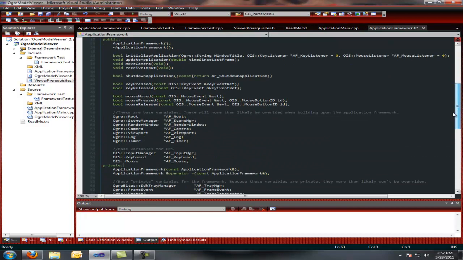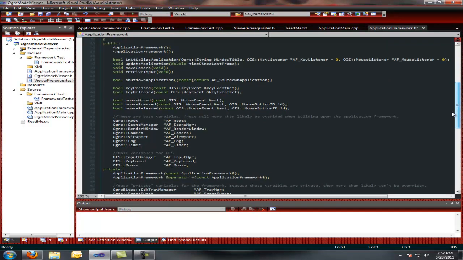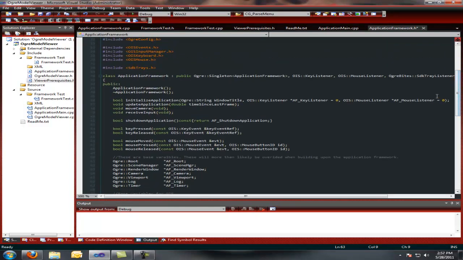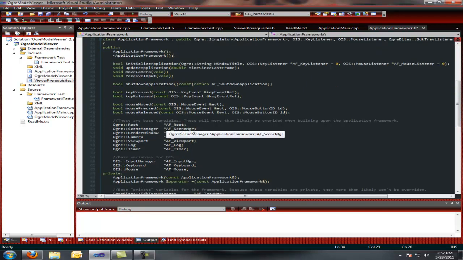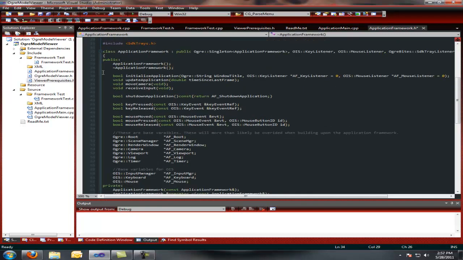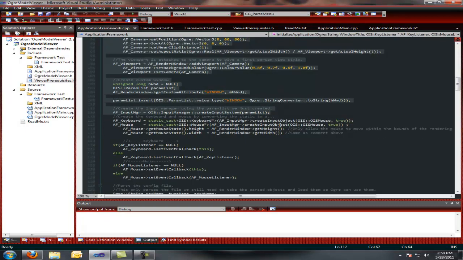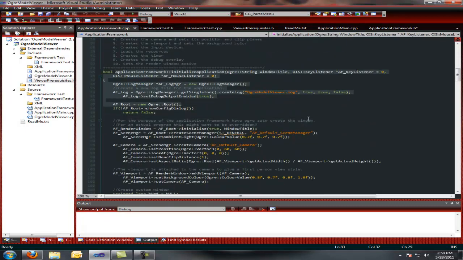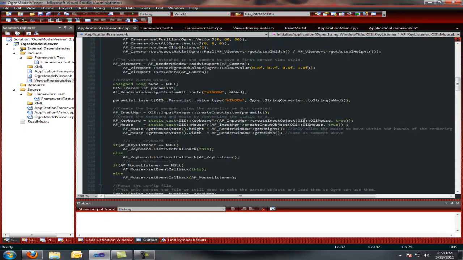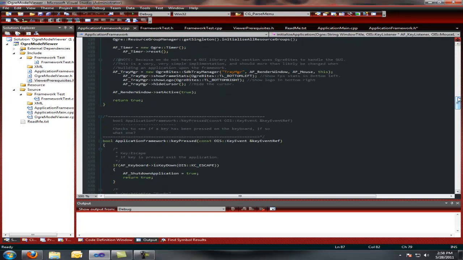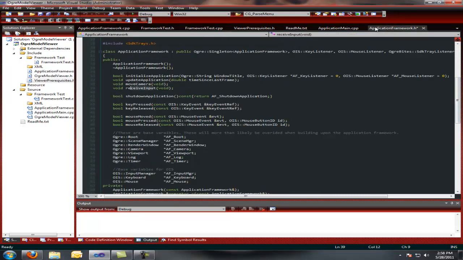That is basically what object orientation is. The program is split up into smaller parts. If you want a visual example, the best I can provide is looking at what I'm working on now. We've split it up. We have initialize application, here's update, move camera, receive input, etc. If we take a look at the source file, you'll see that we've split it up by functions. Each function does one thing. So the camera function handles all of the camera stuff, and it's called from another function. So that pretty much sums up this tutorial.